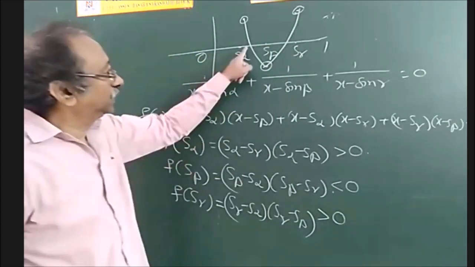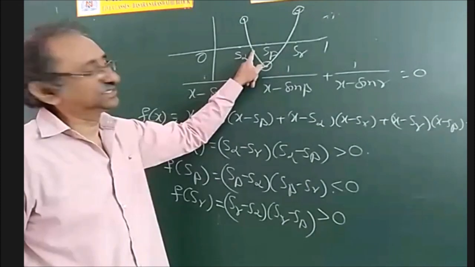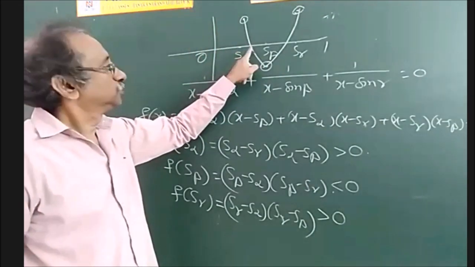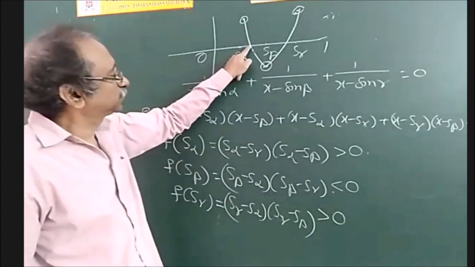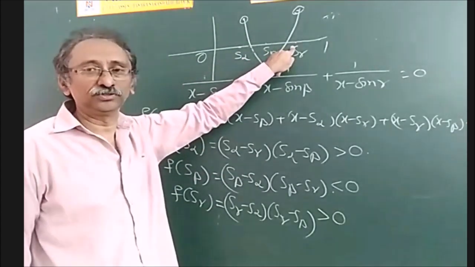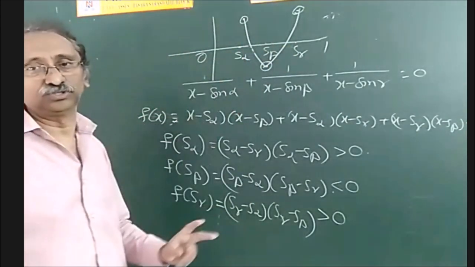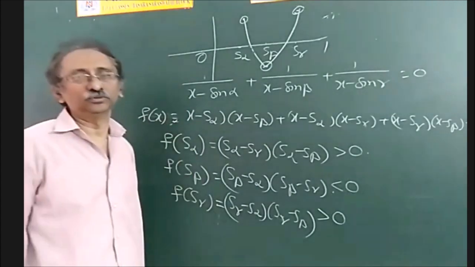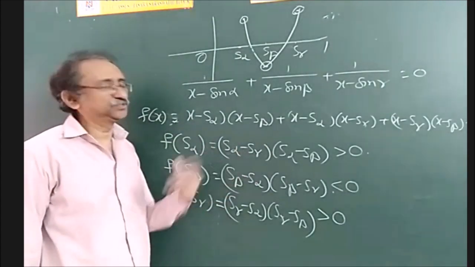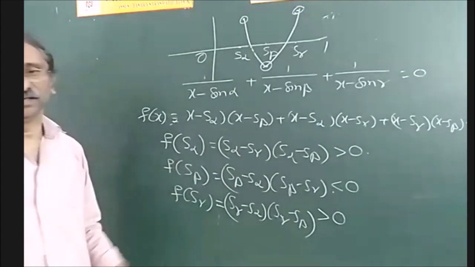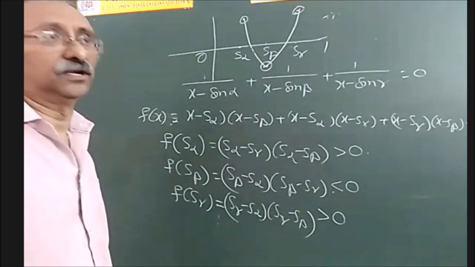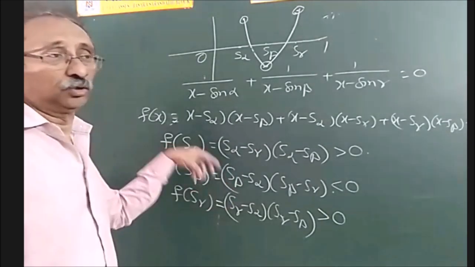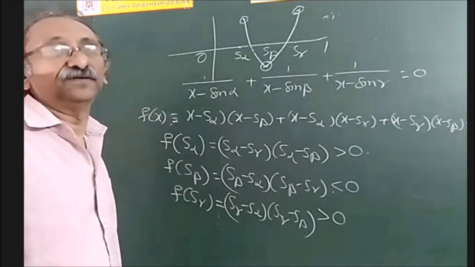And now tell me, how many times does it cross the x-axis? 2 times. So those are the roots of f of x is equal to 0. So definitely this is one root and this is one root. And it will have 2 real and distinct roots. See, that is the nature of the questions in general in advanced examinations. So what is the final answer? The roots are real and different for the given equation.